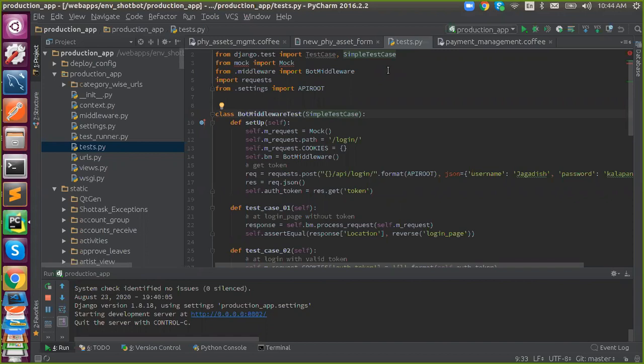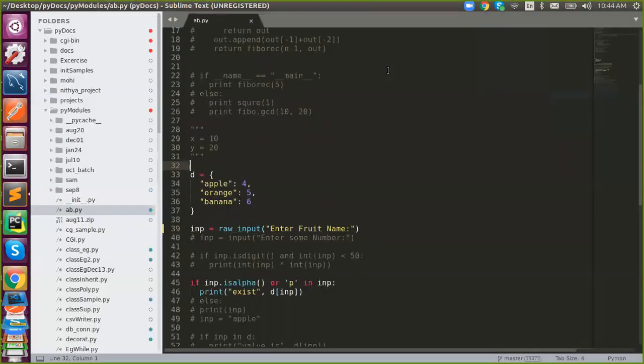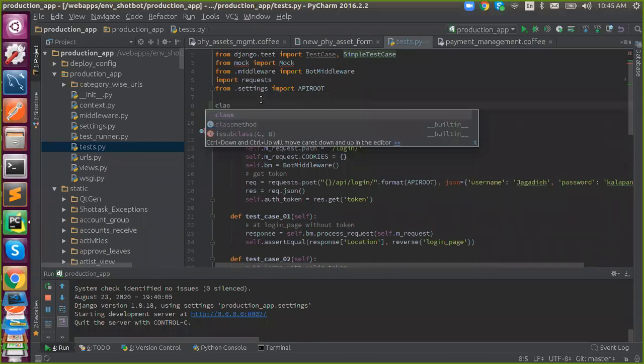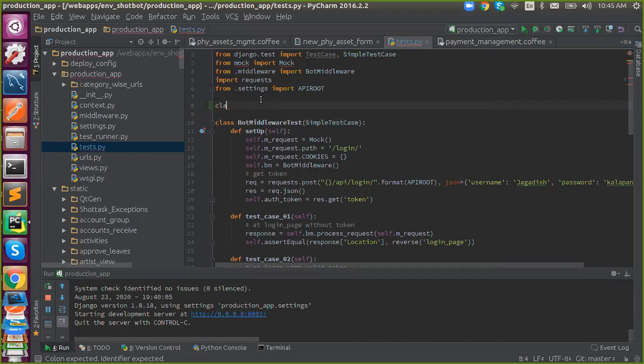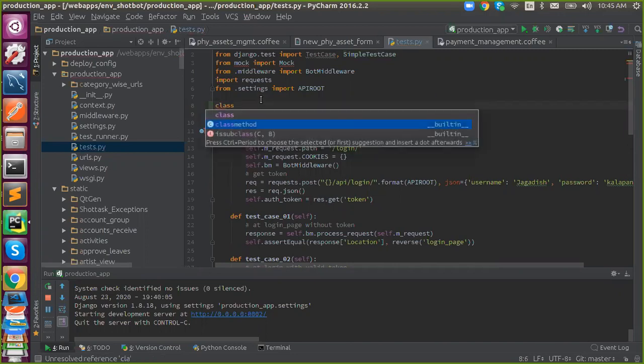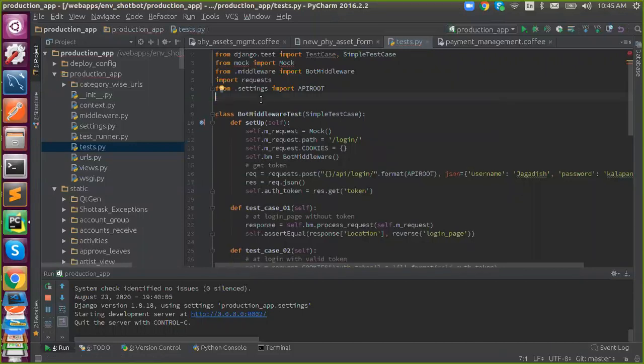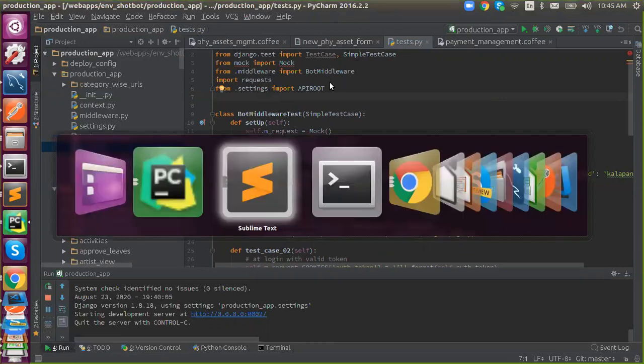That's it. This is about the tool. In PyCharm, the automatic coding tool is there already. Just say class, it will be filled automatically, it will be suggested, and it is fetched from the suggestions. So we don't need to worry about the auto coding tools either. Whenever something is imported, it will also be listed from the auto coding tools. These are the features of PyCharm.